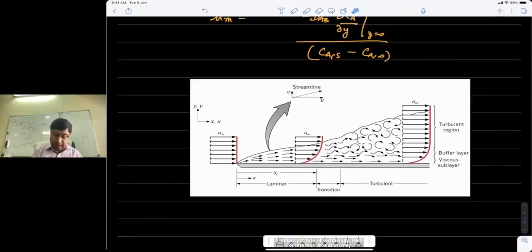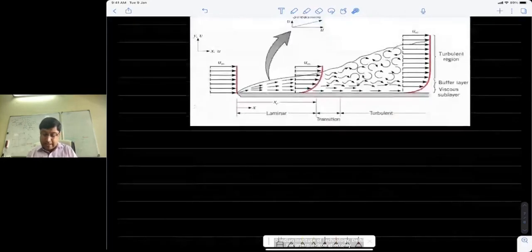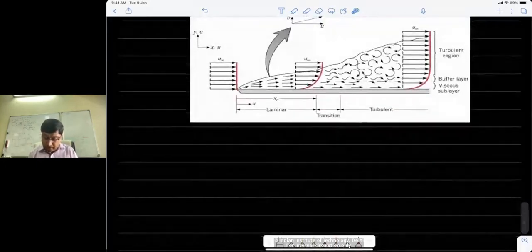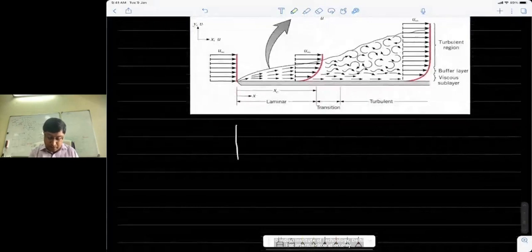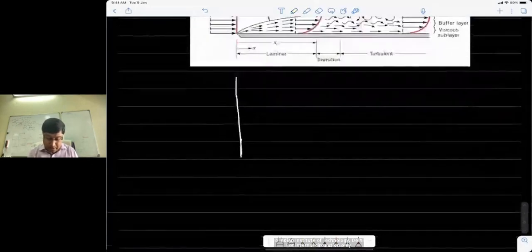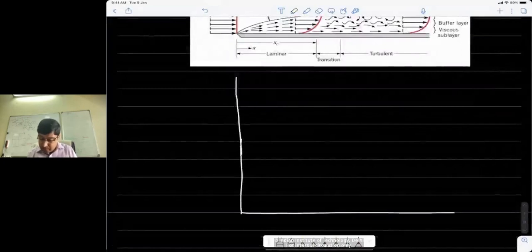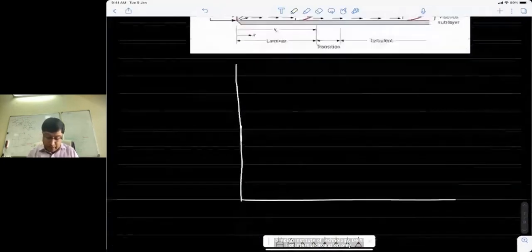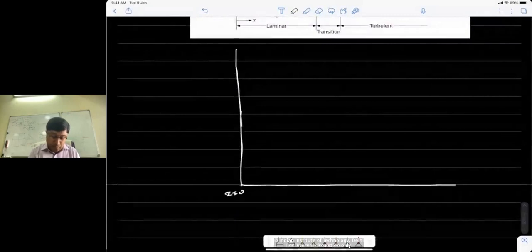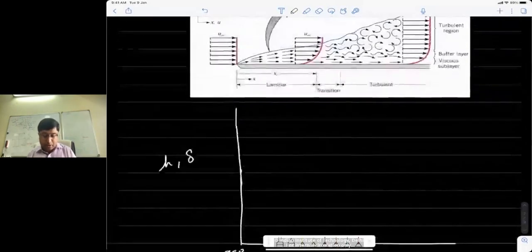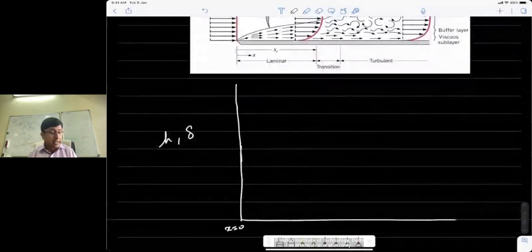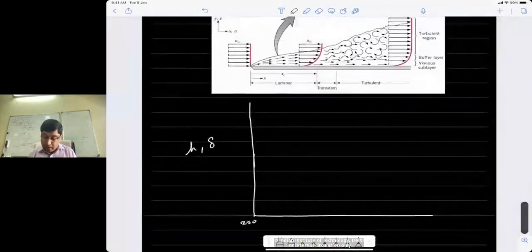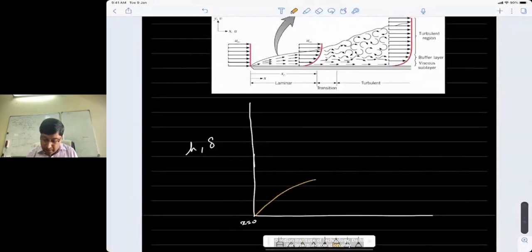So what I'm saying here is that if I had to plot the heat transfer coefficient, I will try and plot it on the same scale. So let's say along the length, I start with x equal to 0, and I'm going to plot h and delta, the hydrodynamic or the velocity boundary layer thickness on this plate here. So we see that in laminar flow, the delta increases gradually, as I was saying. I'm going to plot delta with, let's say, an orange color.